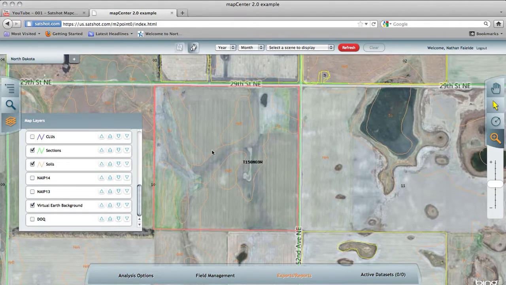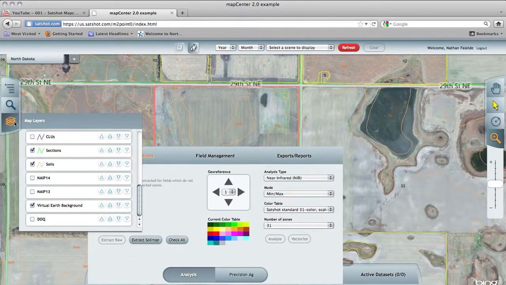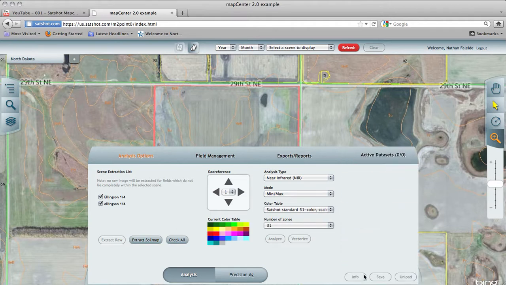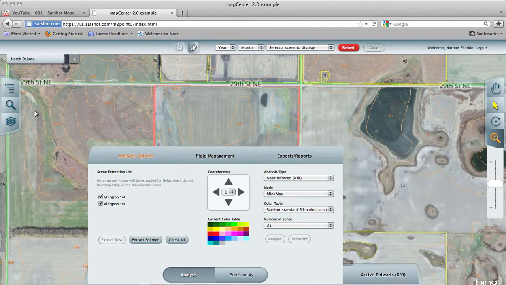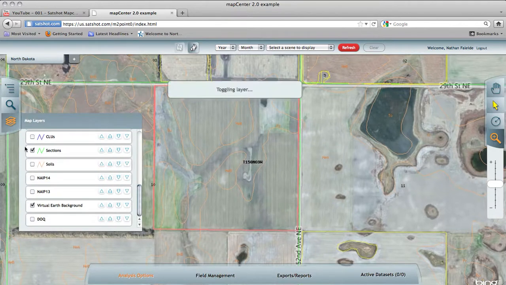If you'd want to analyze one of these soils, you just have to have this selected in there. You go in analysis options, and just click which one. There's actually two boundaries underneath the Ellingson quarter here, so if I want to do both, I just hit extract soil map, then it will go in your active data sets. You would hit the save button and it would save it to your main menu. I'm going to take the soils off right now,